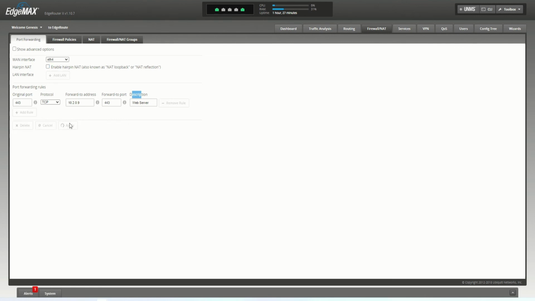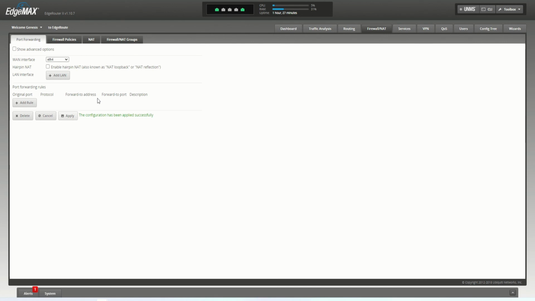Let's click that. And there you go. It's been properly configured. To remove the rule, we just click on remove. Simple as that. So that's how to deploy certain virtual servers that you want to have available to the open